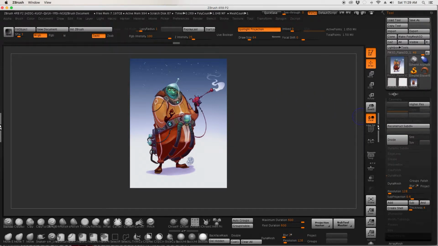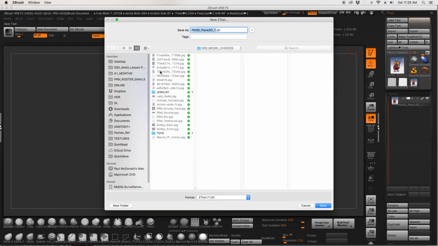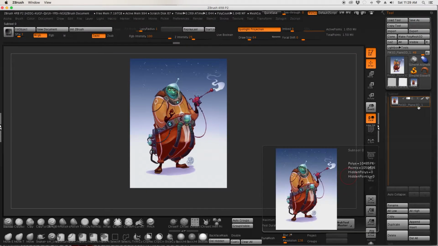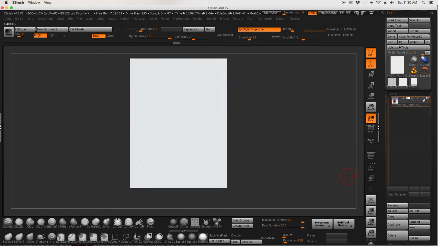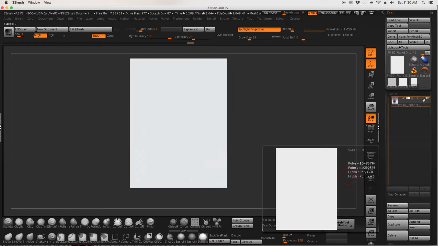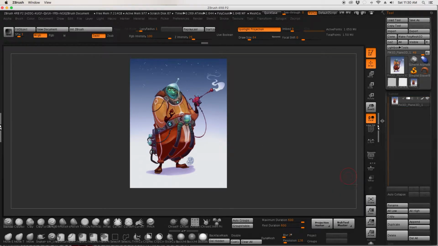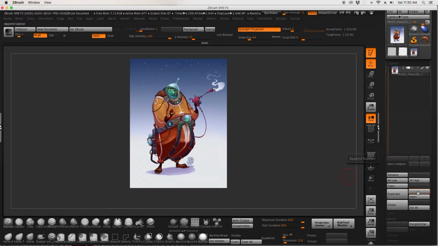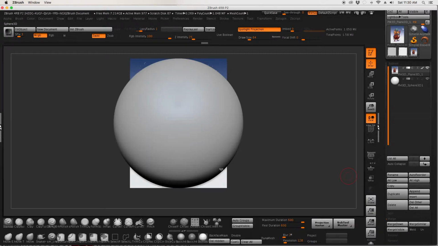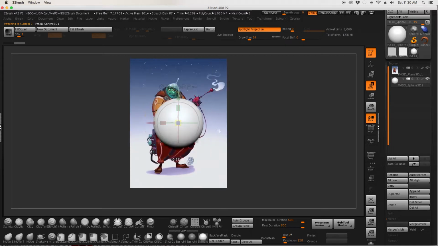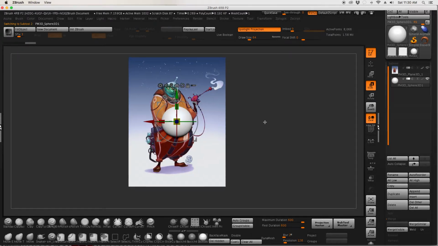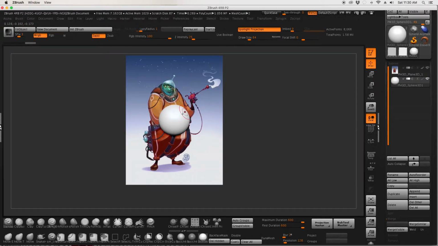And I can come over here now and save my scene as, save it whatever. All right, it'll save it with that plane right there, and you can see, there's our plane. If I turn the brush off, you can see it turns the paint off. All right, and if we're ready to start modeling, we can come in here and append a sphere. All right, we'll select that sphere and we will scale it down. Okay. And we can go ahead now and start sculpting on this piece of geometry here, making sure that your